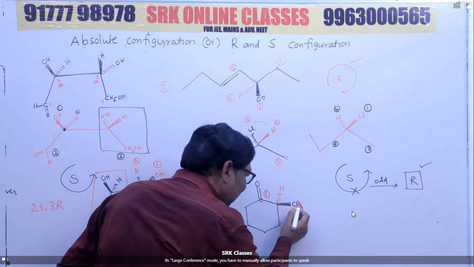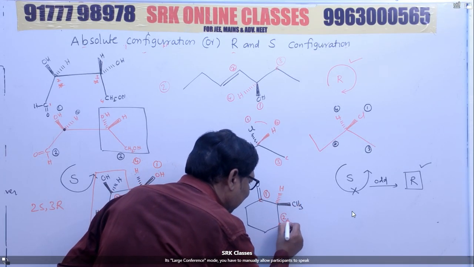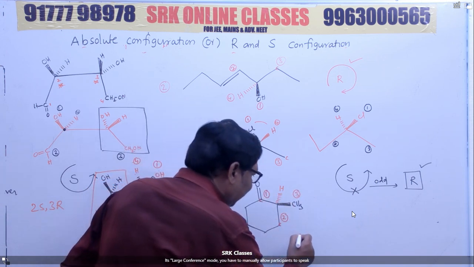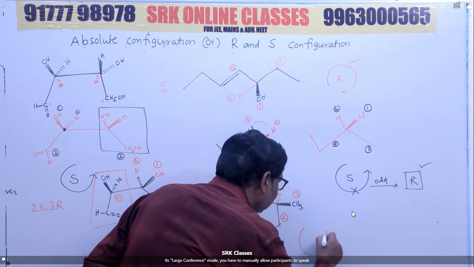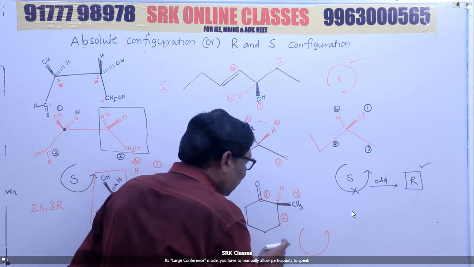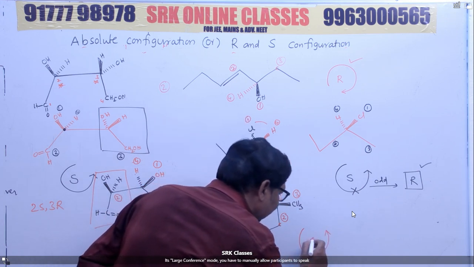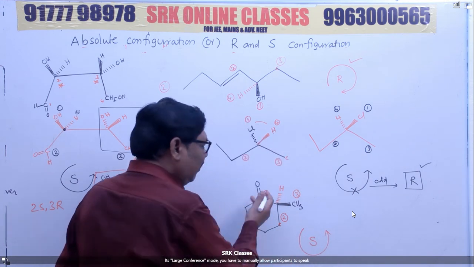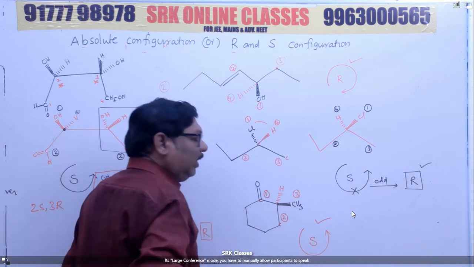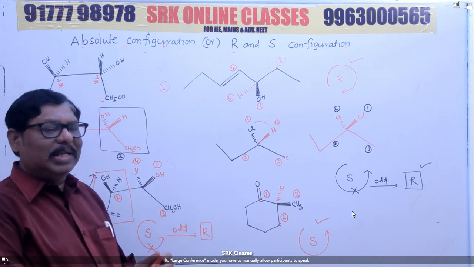Here carbon is attached with hydrogen. But this carbon is linked with another one. Therefore, this is second one. Now this is third one. Connect the first 3 priority groups. So therefore, here it is what? Clockwise direction or anti-clockwise? This is anti-clockwise. Therefore, S. You have not done any interchanges. Therefore, whatever you are getting will be the correct one. Therefore, the configuration of this molecule must be S.